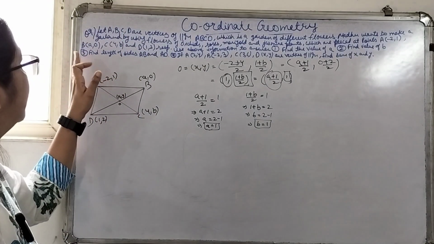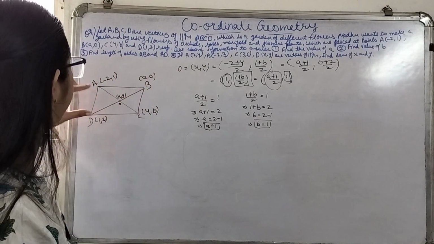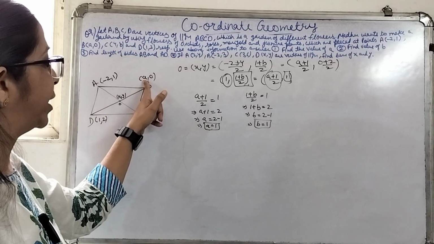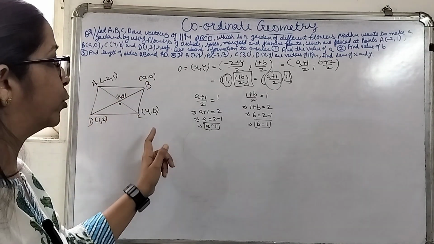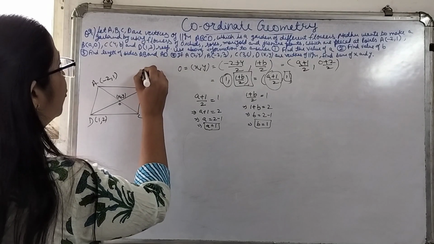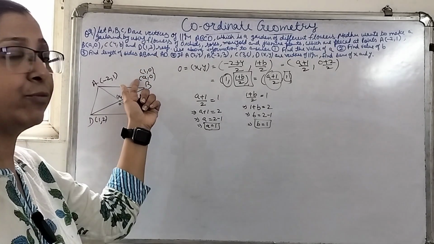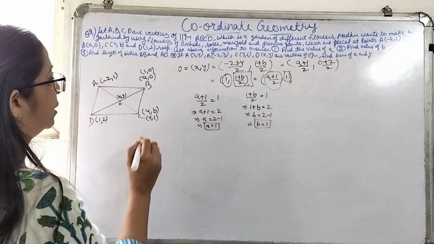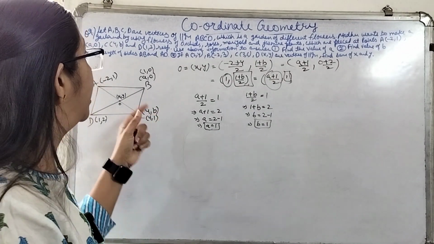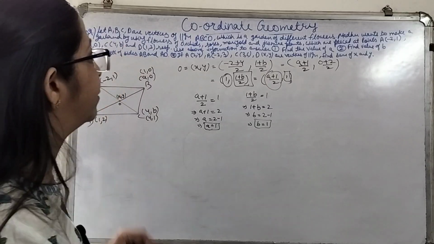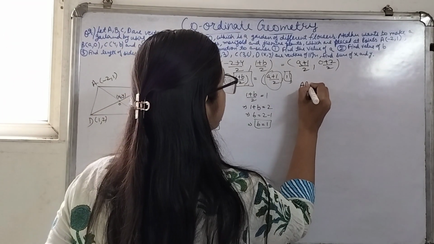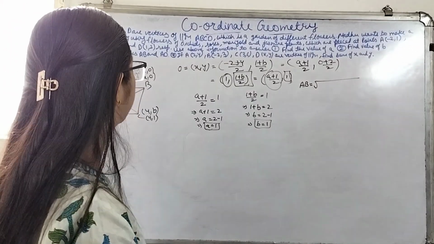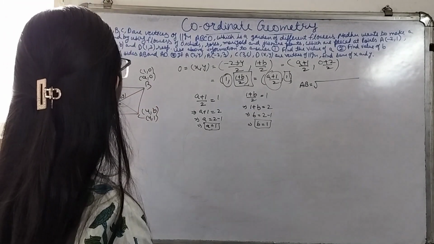Now the third part is to find the lengths of sides AB and AD. This is your AB and this is your AD. Now we have the value of a and the value of b also. So this coordinate will now be (1, 0) because the value of a is 1, and this coordinate will be (4, 1) because the value of b is also 1. Now we have to find the length of AB. For the length, we'll use the distance formula, root of (x2 minus x1) square plus (y2 minus y1) square. So AB will be